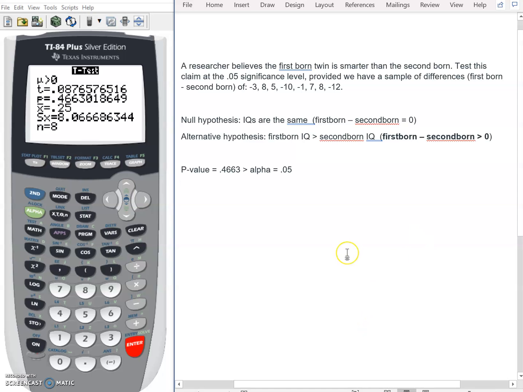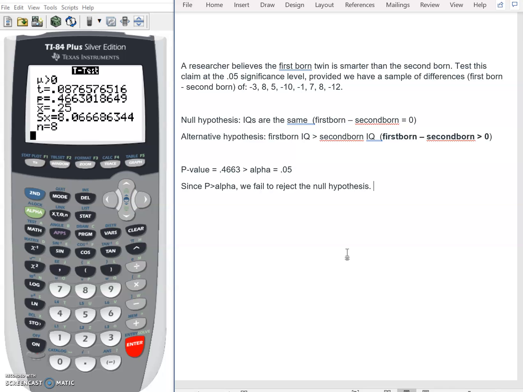Because of that, our sample results are not rare, right? If the null is true, something like our sample results would occur almost 47% of the time. So we'll say since p is greater than alpha, we fail to reject the null hypothesis,